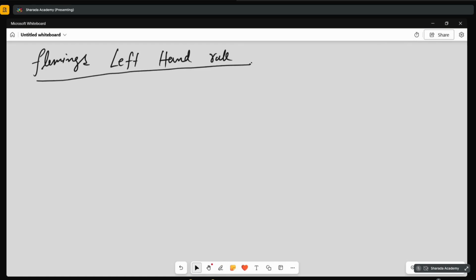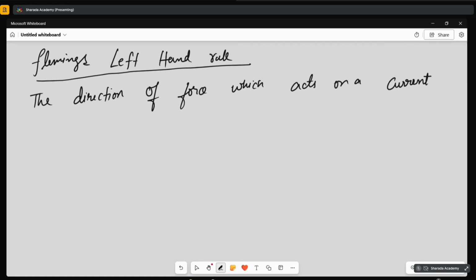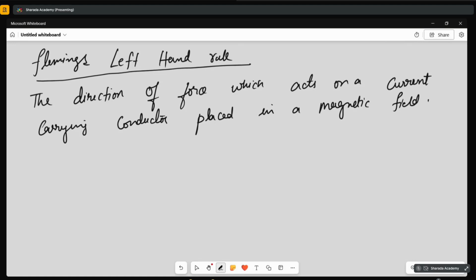Okay, Fleming's left hand rule. Write down: the direction of the force which acts on a current carrying conductor placed in a magnetic field is given by Fleming's left hand rule. Okay, it states that